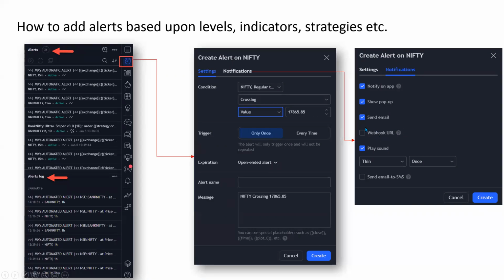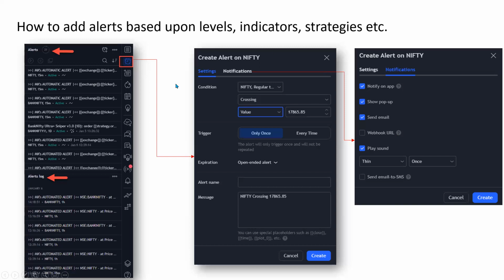Okay. Now the interesting part is webhook URL. This is a paid version of it, and it's not useful for you guys if you are not an integration kind of person. For example, I want to integrate my alerts with Telegram. I want to integrate with WhatsApp. So this webhook URL is a URL you give, which contains an API with HTTP post request. So you can give it here. I'll show you in the system.